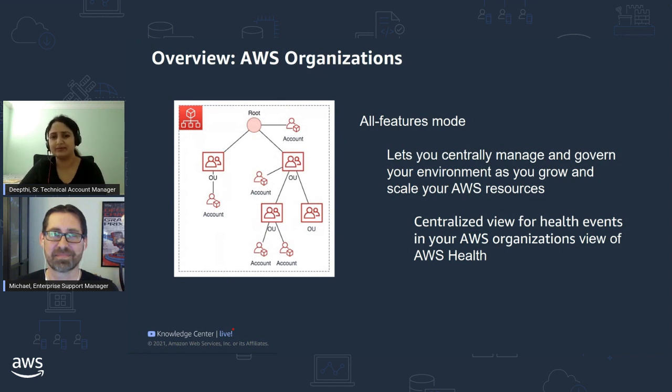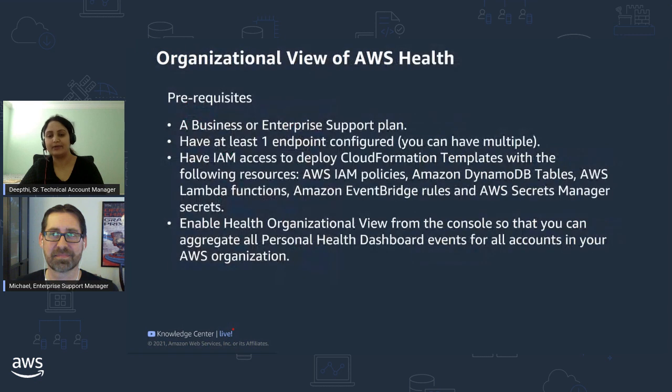There's a lot of depth, obviously, in the capabilities and features that Organizations provide, but I'll bring your attention back to using the service with AWS Health. So AWS Health is a platform where you can get notifications. The combination of using Organizations with Health lets you have all the individual member accounts roll up notifications to the management account. So essentially what you get is a single pane of glass view into your entire set of accounts.